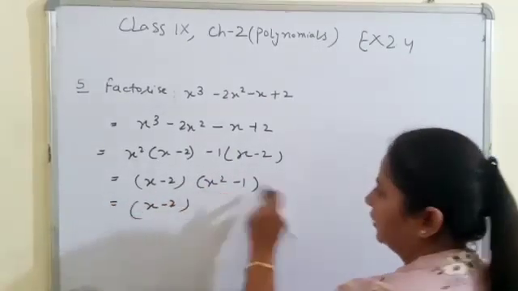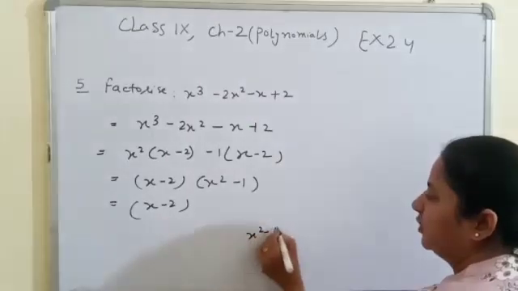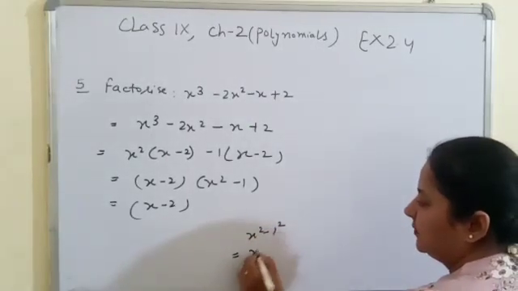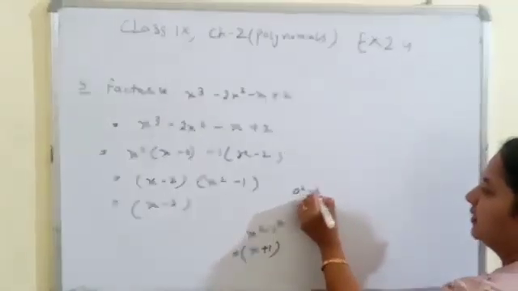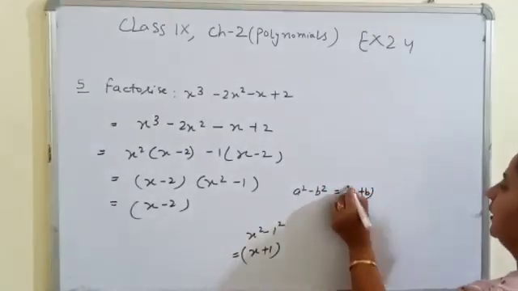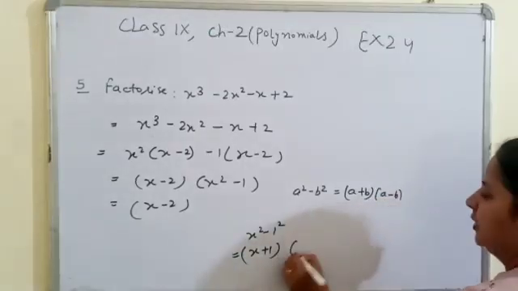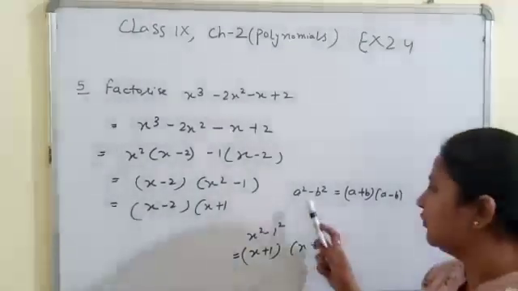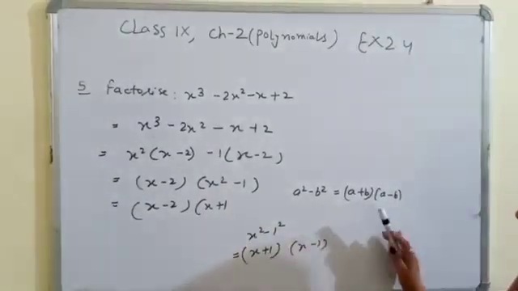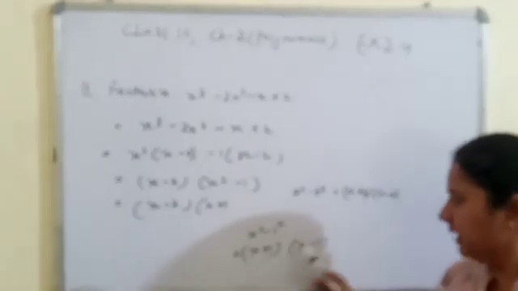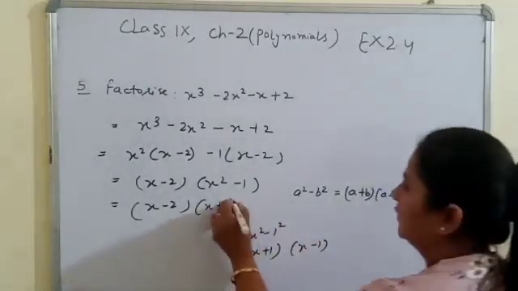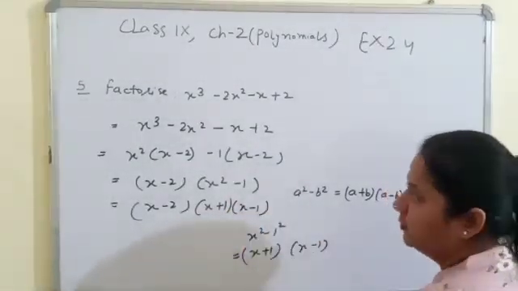So we have x² minus 1, we can write this as x² minus 1², a² minus b². By applying the identity of a² minus b², that is a plus b, a minus b, we can write it as x² minus 1². So the result for this is x plus 1, x minus 1. So these are the factors for our first cubic equation.